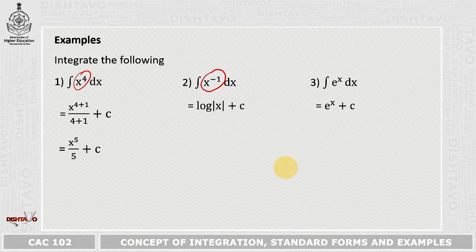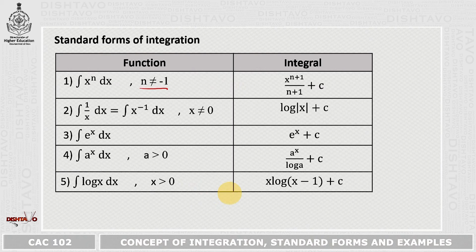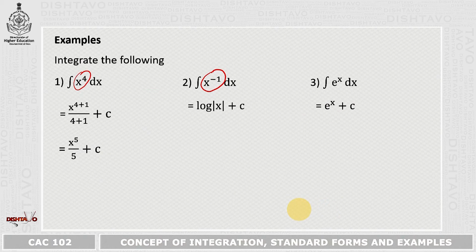So here we have x raised to minus 1 and then the integral of that, which is log of mod of x. These two lines that you can see, you pronounce it as mod of x. It is the modulus function. So we say log of modulus of x, and then you add c to every solution. So we have log of modulus of x plus c. Log is the logarithmic function. So log of mod x plus c.